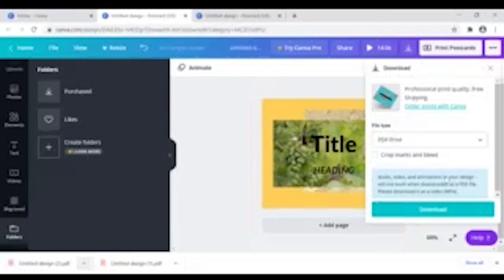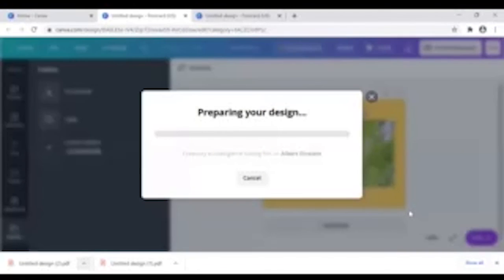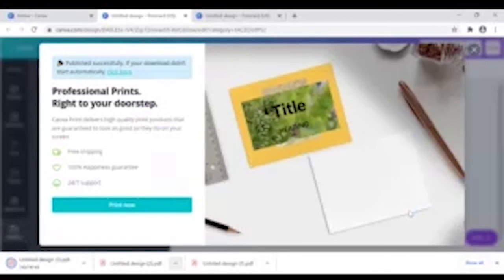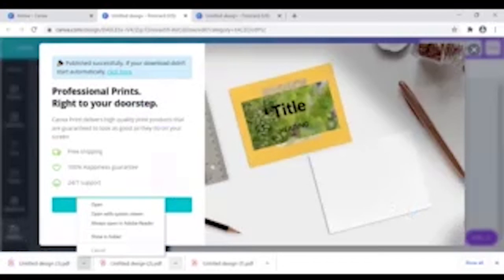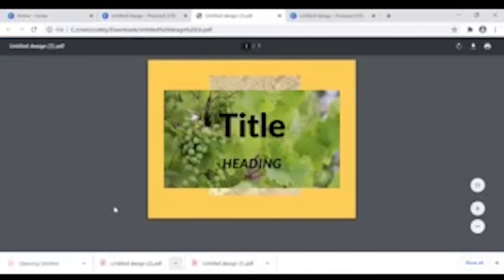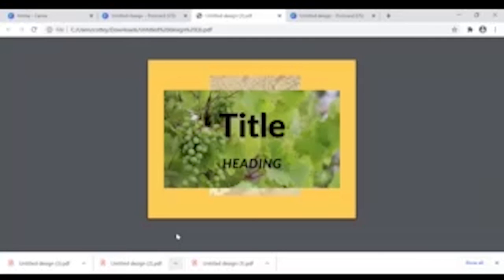Once I have selected the PDF print option, I can download the infographic. And then I can click on this arrow and I can select the first option that is open. And now I can see the PDF file that I selected to download for my infographic.